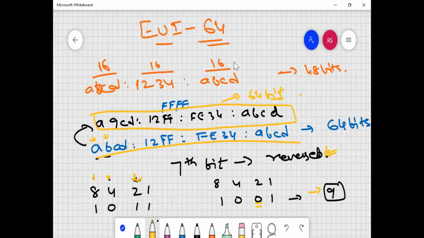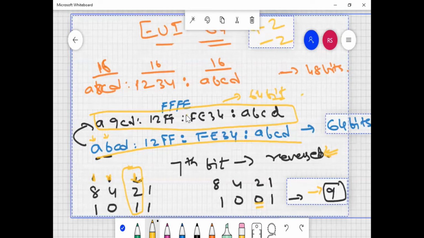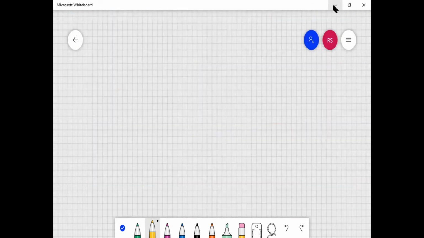Yeah. And if you see, the 7th bit is number 2. So either it will be plus 2, or it will be minus 2. If it is 0, then we need to add 2. If it is 1, we need to subtract 2. Any doubt? No doubts. Getting this point right? Yes. So that is how your EUI-64 bit will be changed. Okay. So that is how your IPv6 comes into the picture.